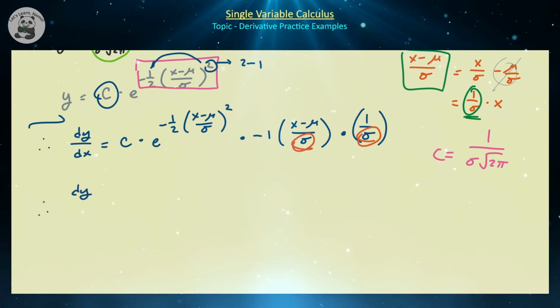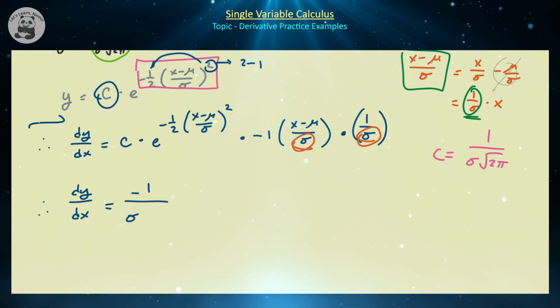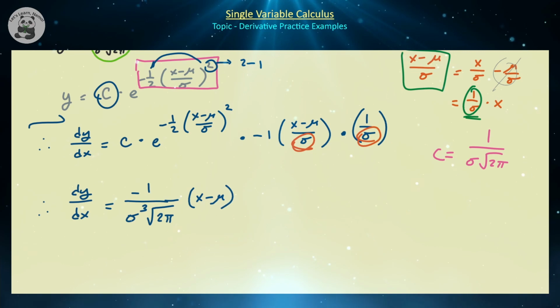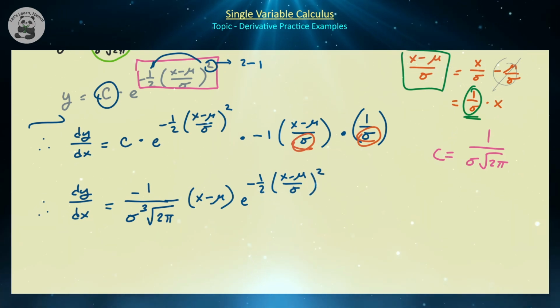So we're going to have dy over dx equal to minus 1 over sigma cubed times the square root of 2 pi, and then we're going to have this x minus mu term there. And then we're going to have this e to the minus 1/2 x minus mu over sigma, the quantity squared. If that makes you uncomfortable, that x minus mu just by itself, we can always just bring that sigma